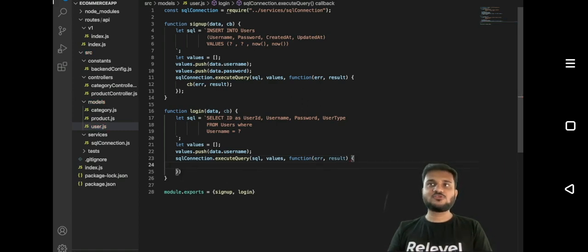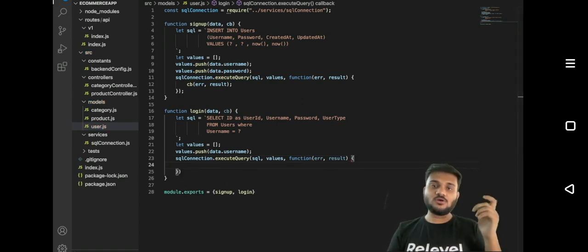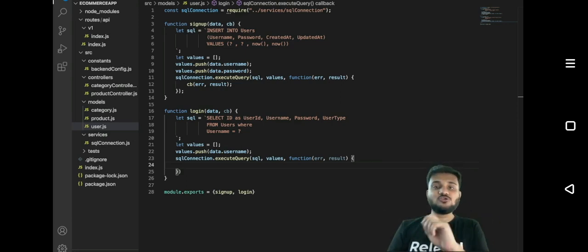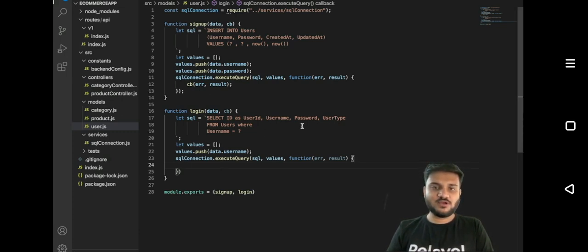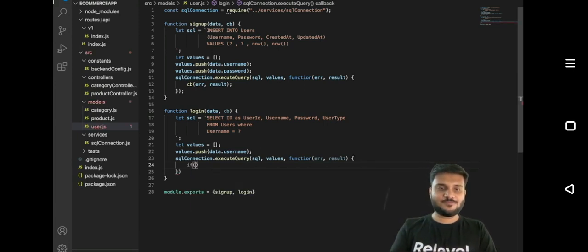Now, before actually passing our result to the controller's callback, we have to actually set up our logic, right? Here we have to build the functionality that we are able to check both the passwords. So you can either check the password directly from here, from result.password and what password the user has sent, or you can even check this on the front end, but we can do it here only. So let's say if